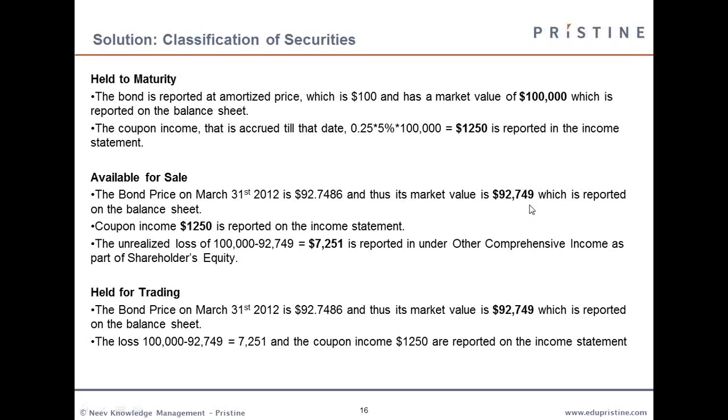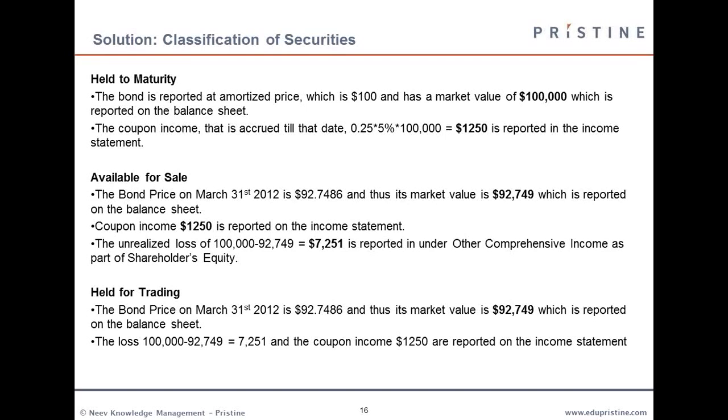So this is reported in the balance sheet in case of available for sale securities. In held to maturity securities, although the price changed, we report the market value as $1 lakh itself, not 92,749, which is a new value. And the coupon income is, of course, reported on the income statement. Also, the unrealized loss of this difference, which is 7,251, is reported in the other comprehensive income as part of